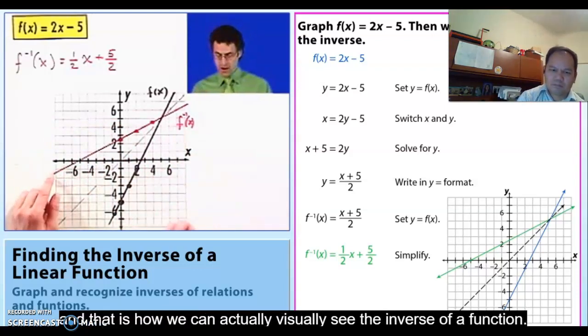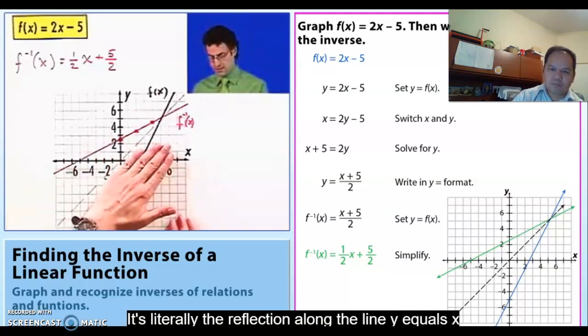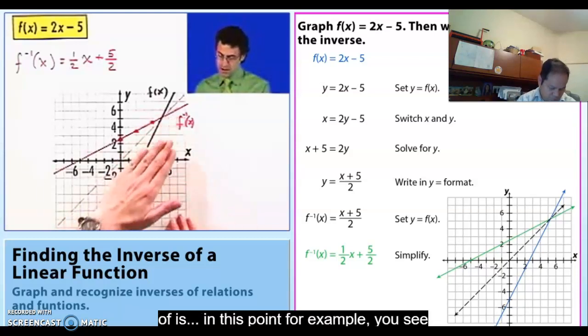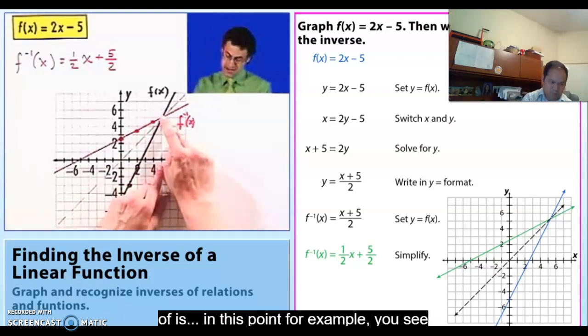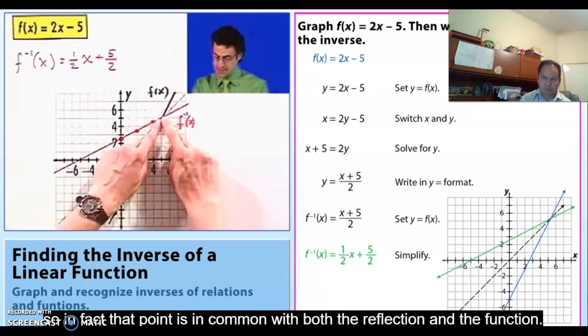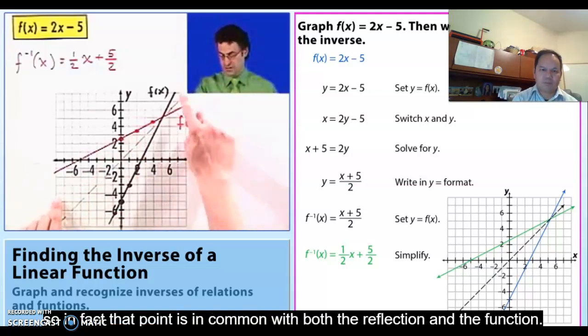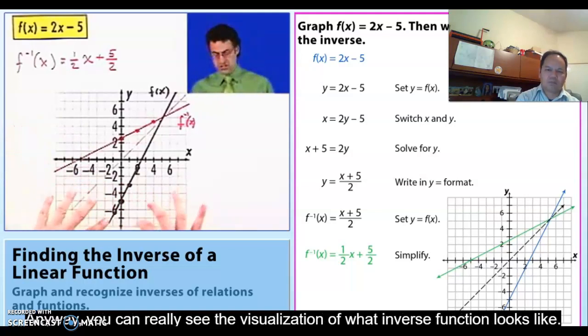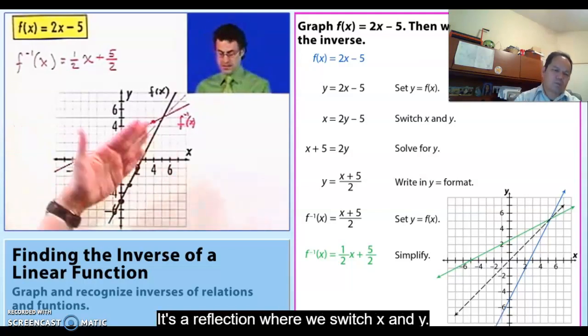And that is how we can visually see the inverse of a function. It's literally the reflection along the line y equals x. For example, this point hits the mirror right on the mirror, and so that point is in common with both the reflection and the function. Anyway, you can really see the visualization of what an inverse function looks like. It's a reflection where we switch